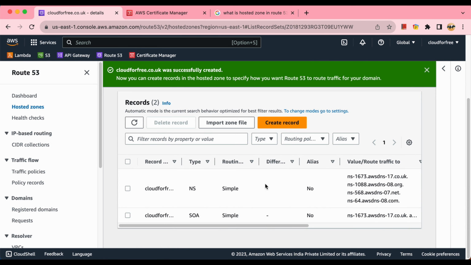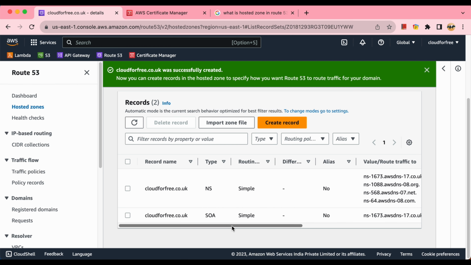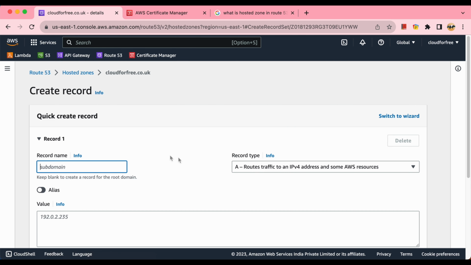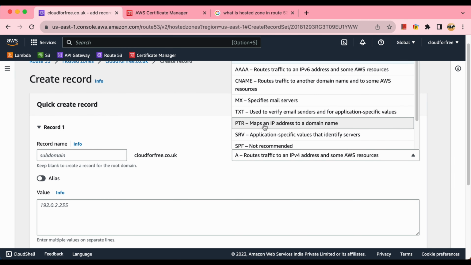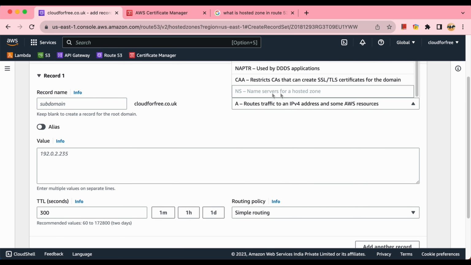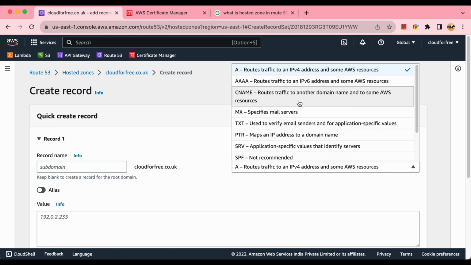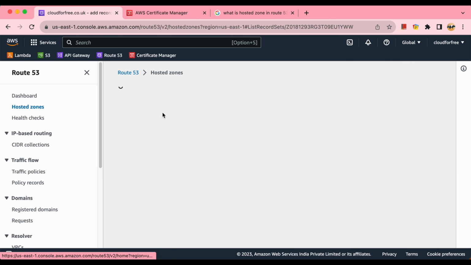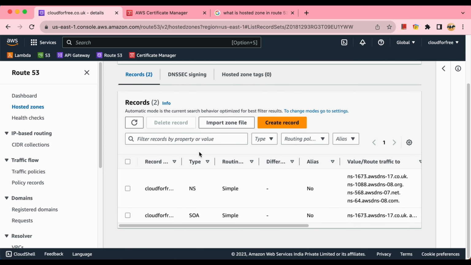Now if you see, it immediately creates two records, of type NS, name server, and so the name server records are automatically created. But we can create other records like alias, then CNAMEs, which are mostly used, then TXT, MX, all those types of records we can add in this